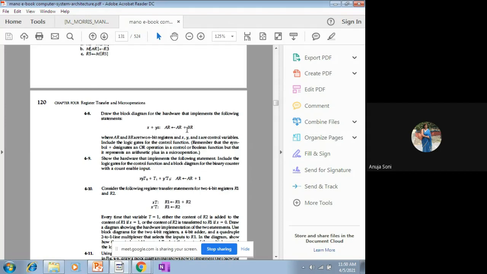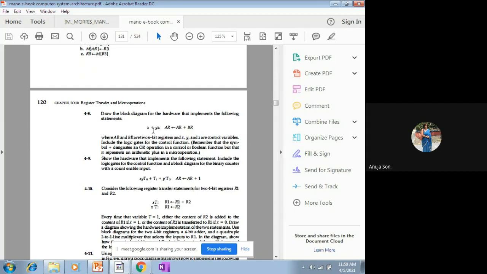See, here the plus sign is there on the right hand side as well as on the left hand side. What is the meaning of this plus sign? On the left hand side there is a control function, and this is the way by which we specify it. This is one way of writing the register transfer language. So this is one example of register transfer language to represent this kind of register transfer statement. This is a control function, and this is your register transfer statement. When this control function is enabled, only then this register transfer statement will take place.